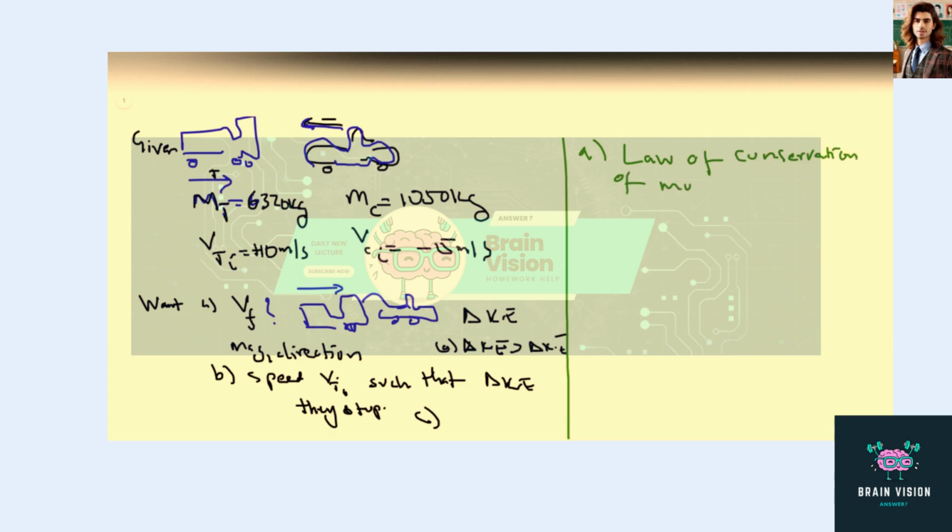The initial momentum equals the final momentum. We are targeting the final velocity, and since they're sticking together, the mass of the truck plus the mass of the car times the final velocity